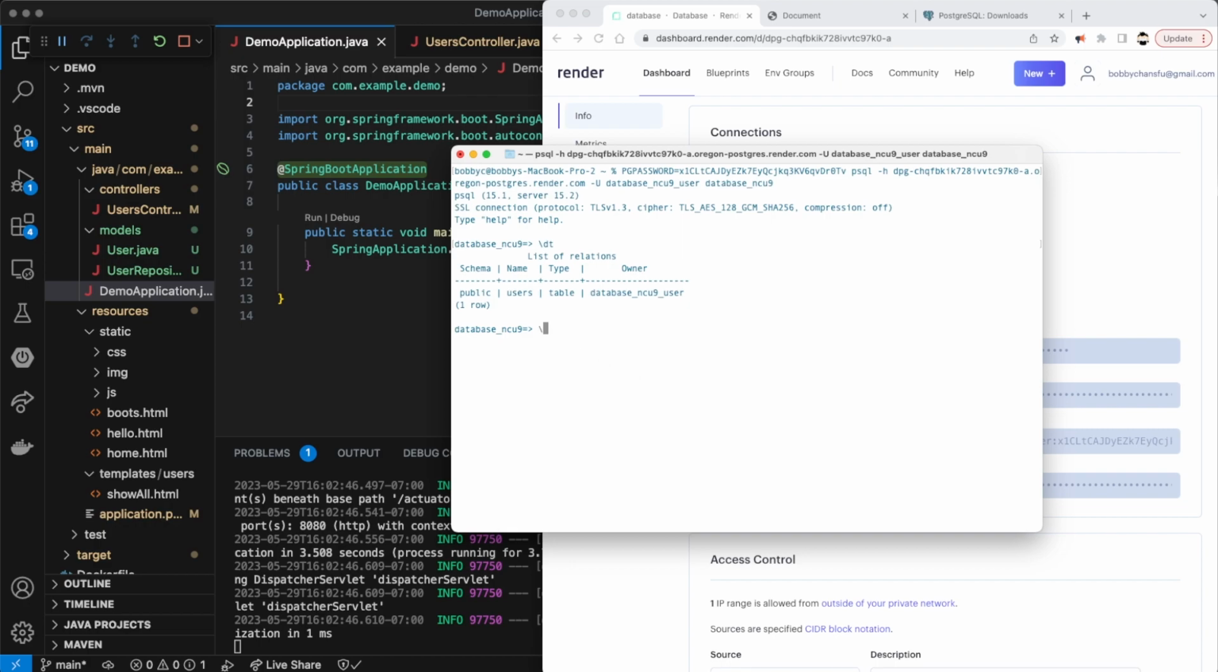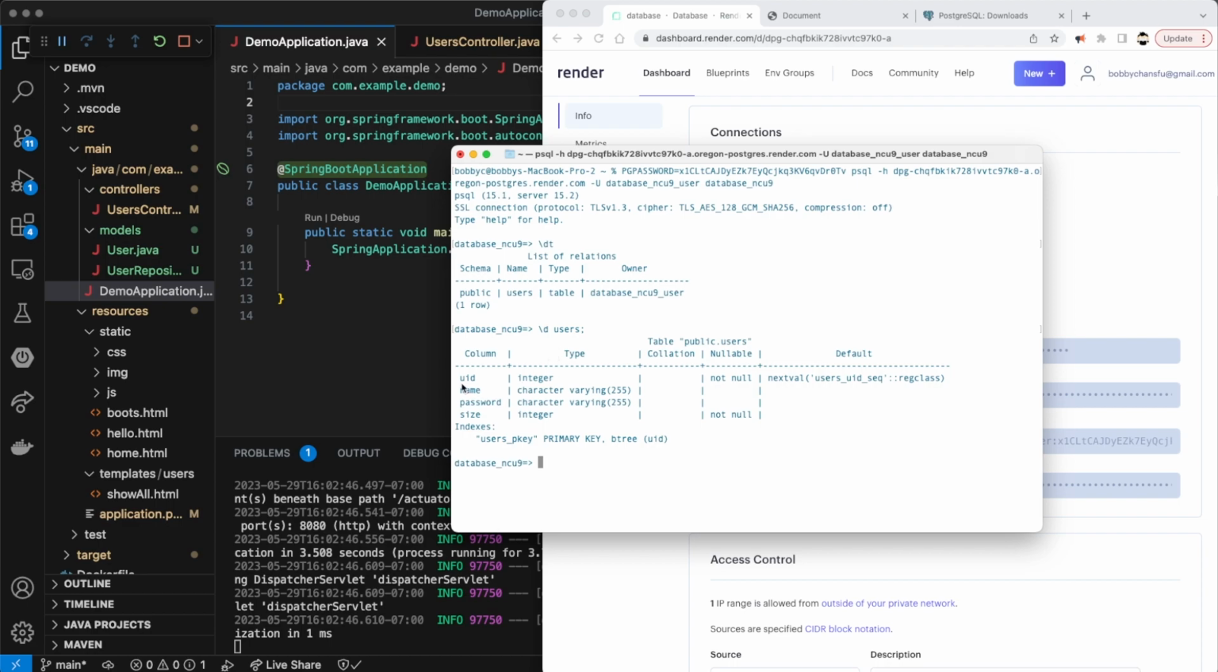And if we take a look even further, if we describe what users is, it'll tell us that users is made up of UID, name, password, and size, and you'll see that UID is a serial. And that is also exactly what we wanted. So this is great. So the next thing we want to do is interface with this server even further,